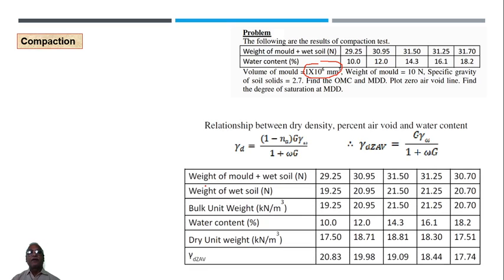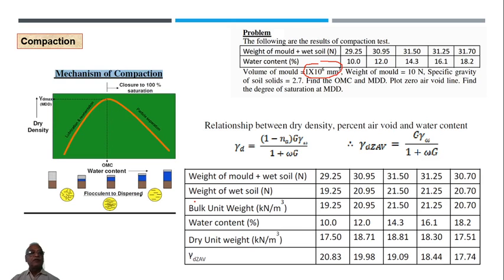Okay, the calculation part is like this. Last time I have shown you, right? Okay, here there is that particular graph. Now bulk density, I had written this gamma B, and water content is W. The dry density is gamma D,